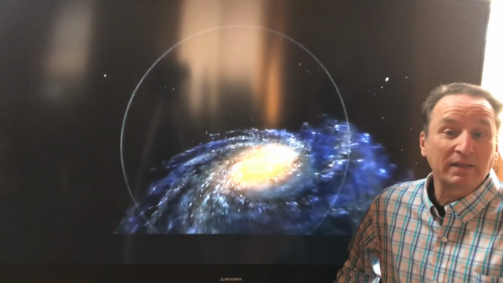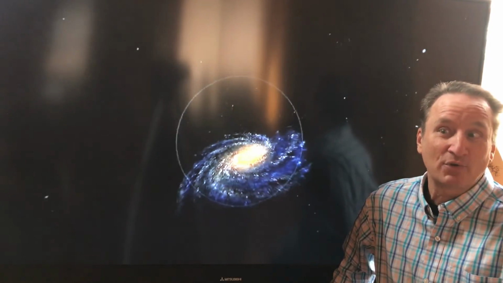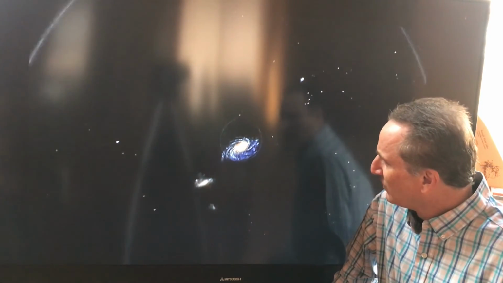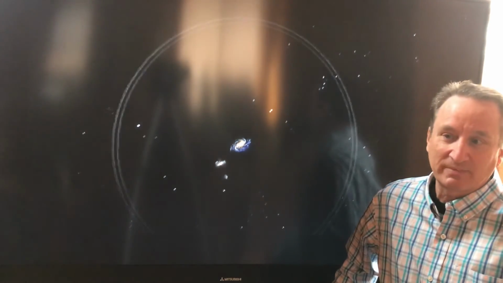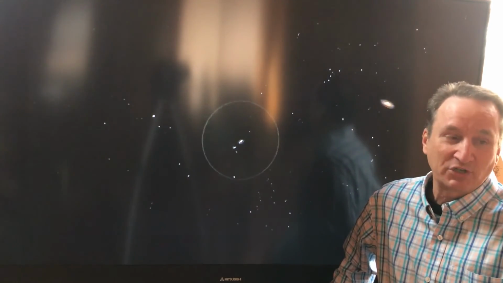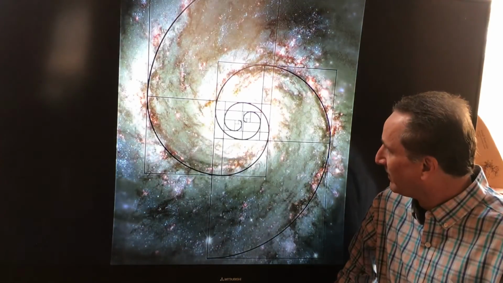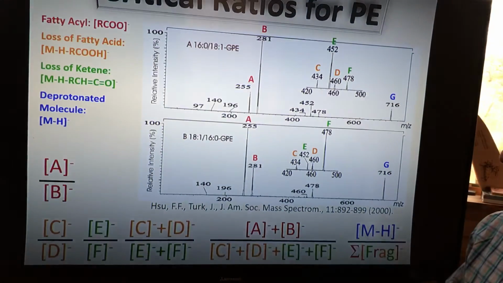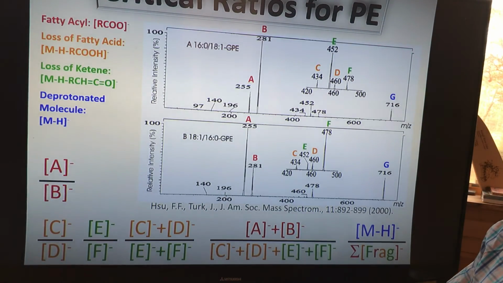And if we go out even just a little further, beyond our solar system and our galaxy, and look at the bigger picture, then we'll see that even galaxies themselves form into these Fibonacci spirals. And I believe that was Messier 68, it said somewhere. So now we'll come back down into our seats here and look at,